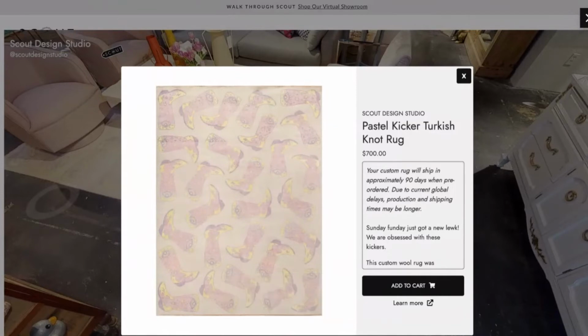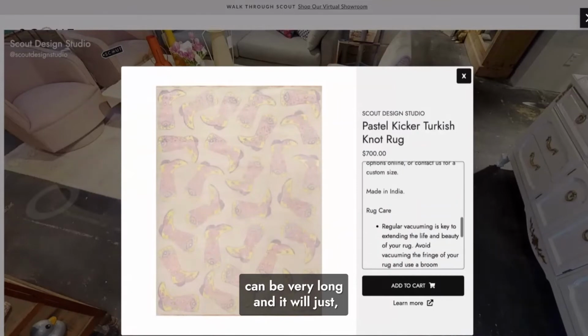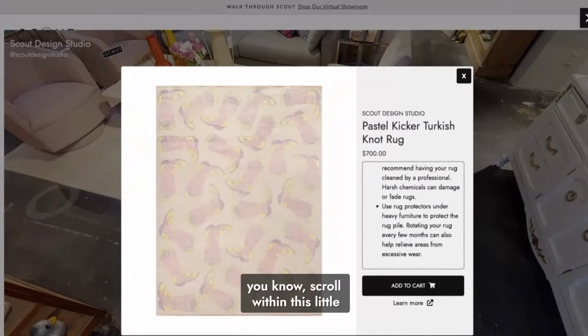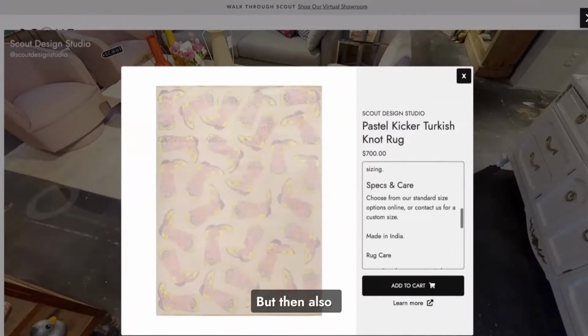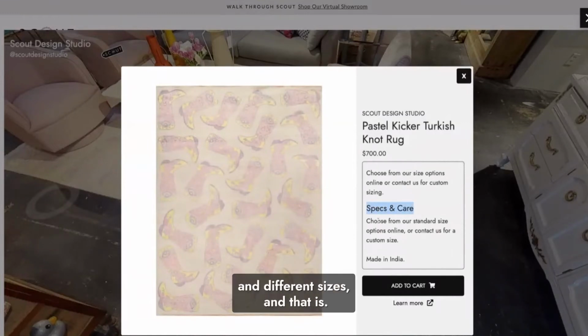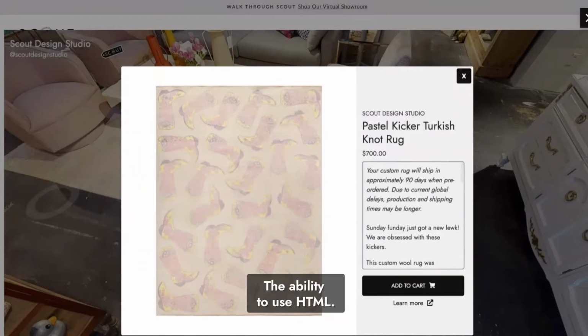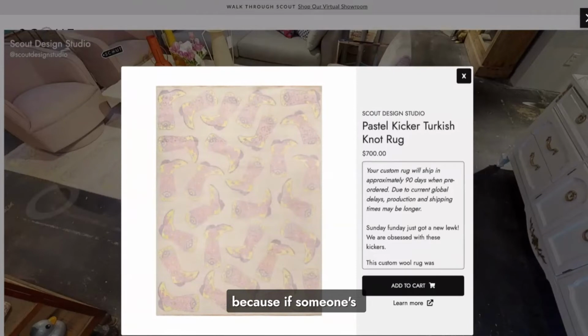So now this product description section can be very long, and it will just scroll within this little container we have here. But then also you can see there's different font styles and different sizes, and that is the ability to use HTML. So when you import your product description from Shopify, it will use the HTML styles that you had in your Shopify product descriptions,